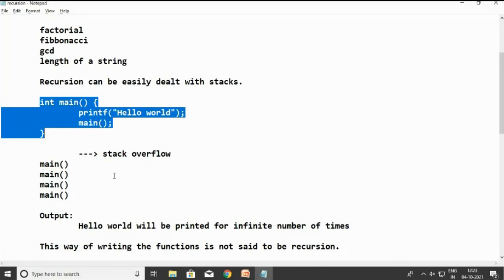If you define a program, there will be two spaces allotted in memory: one is stack space, another is heap space. Stack space is fixed, heap space will vary. If you use dynamic memory allocation, heap space comes into the picture, like the new operator, malloc, these kinds of things. In general, there will be two cases, stack and heap memory.